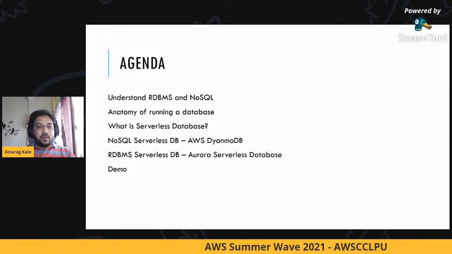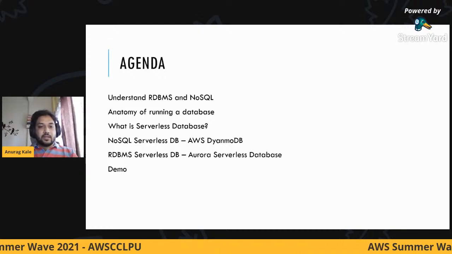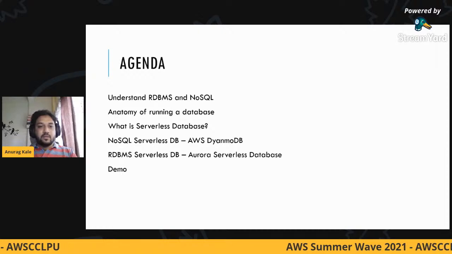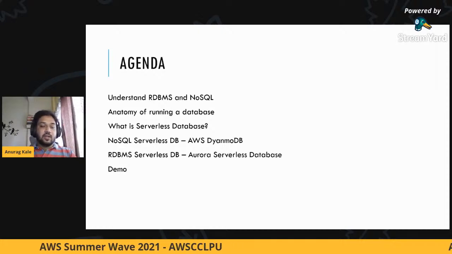Then we will have a small demo where we will go into the AWS console and look at AWS DynamoDB. We will look at some concepts of DynamoDB, and we will also look at the relational serverless database called Aurora Serverless.